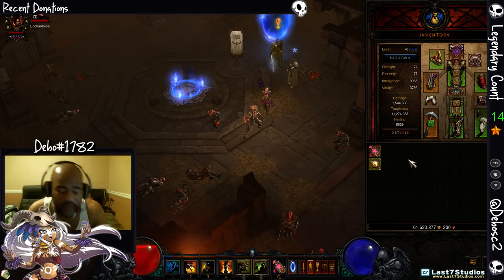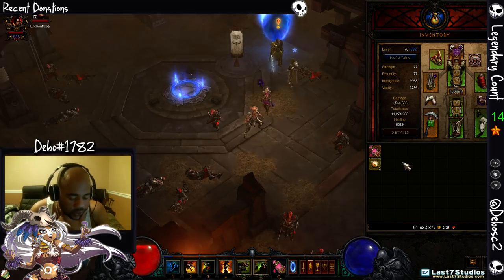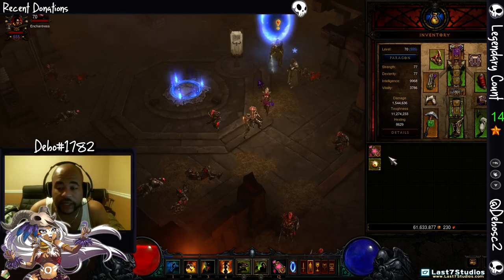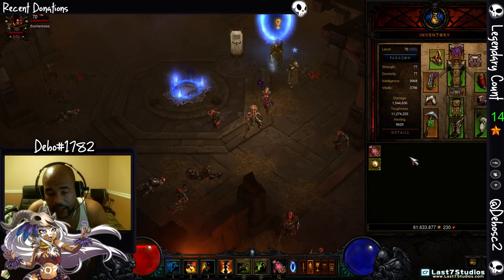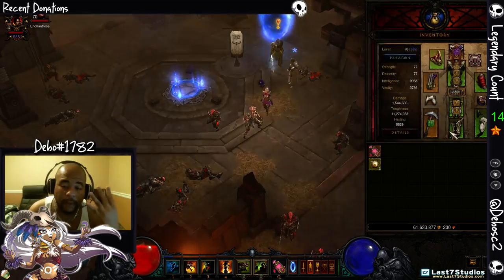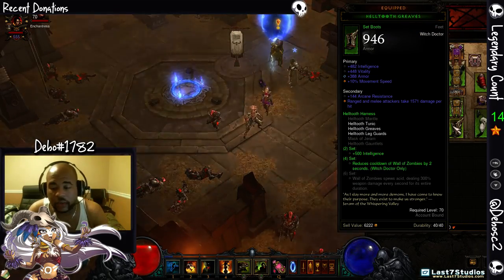Just to start off, the main thing I noticed with Helltooth set is that the 6-piece set is kind of lackluster, but the 4-piece set is actually phenomenal. So in the in-game build version for the Helltooth set, we're actually only running 3 pieces. Well, one with the Rolling Thunder Grandor to get the 4-piece bonus, which gives us a 2-second cooldown reduction on Wall